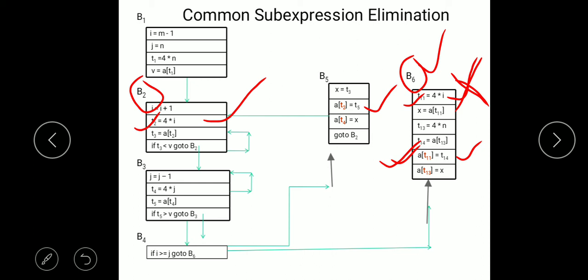Again, this 4 into n is a common subexpression. Why?